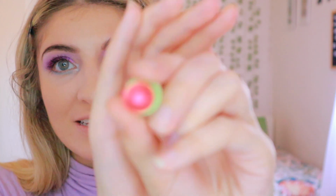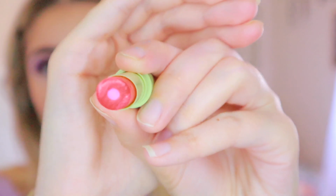For highlight, I'm just going to do something very, very lightweight. We have the Mary Lou from theBalm. I have this one. So this is the Pixi. It's like a lip balm, I guess. It comes like this. It's so cute. I mean, look at that. And I'm just going to apply this just a little bit, kind of put it underneath